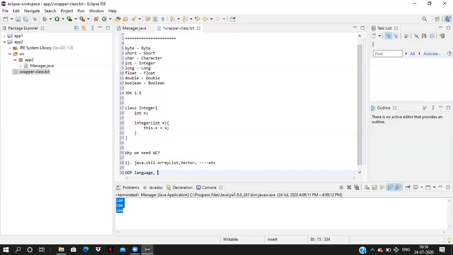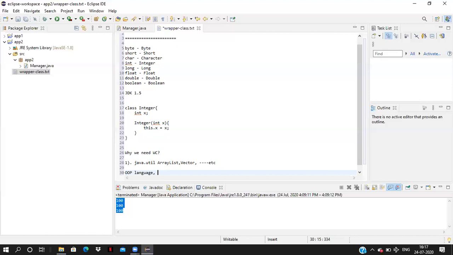For ArrayList, if you want to store a list of integer data, ArrayList is a list of objects. You can store any number of objects into the list. A list is a collection of variables.